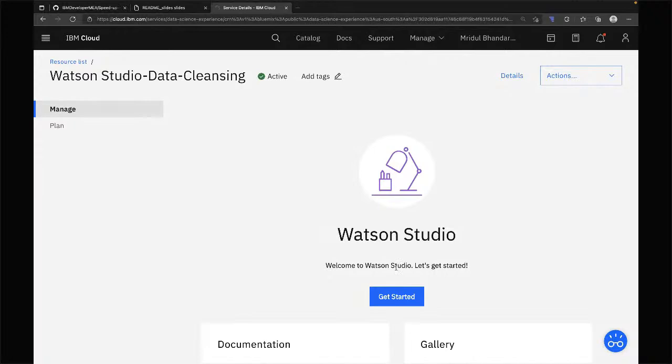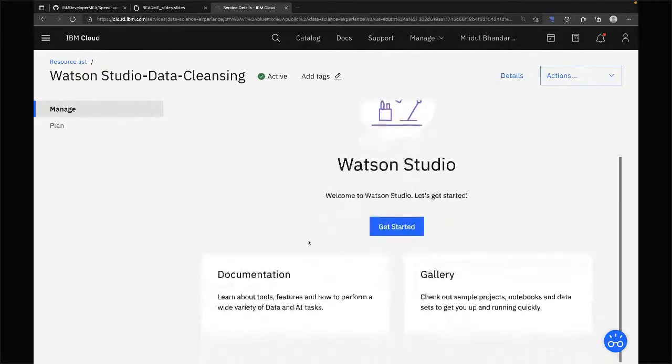So let's proceed ahead. Once you're done creating a service, you can see the documentation over here. You can see the wide variety of data and AI tasks you can perform. You can explore all the tools and features and read about them in the documentation. We also have a gallery of sample projects, notebooks, and data sets. So if you're looking to start your data science journey and try out some projects so that you can get familiar with the environment and how it works,